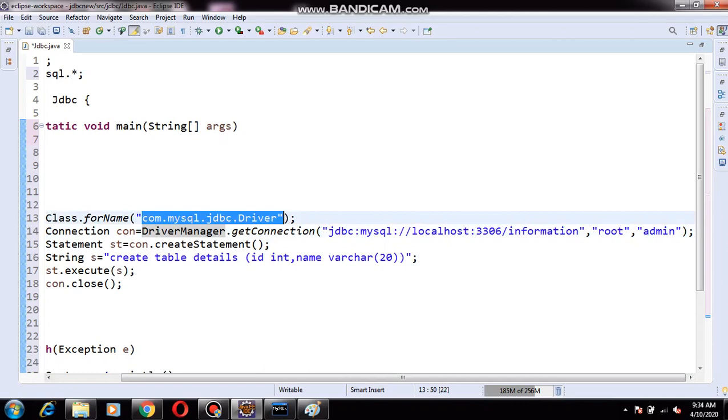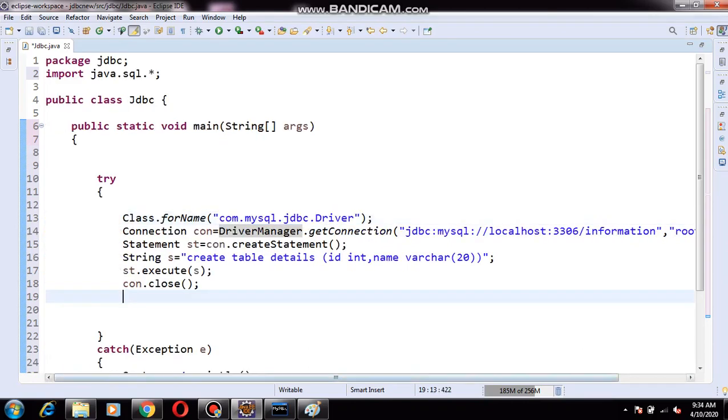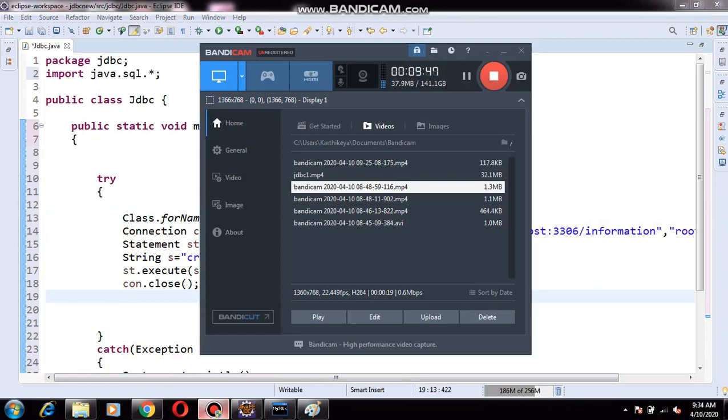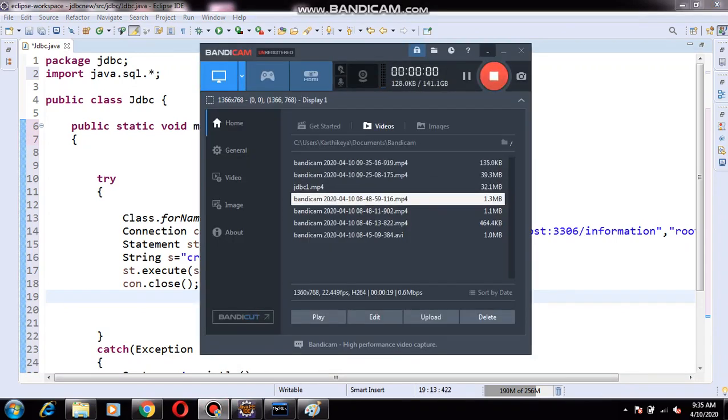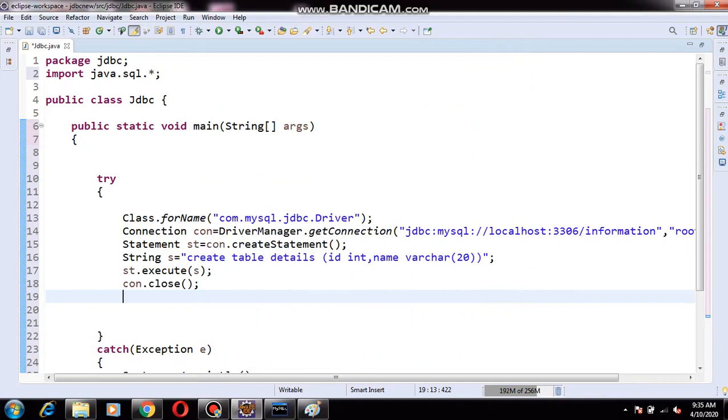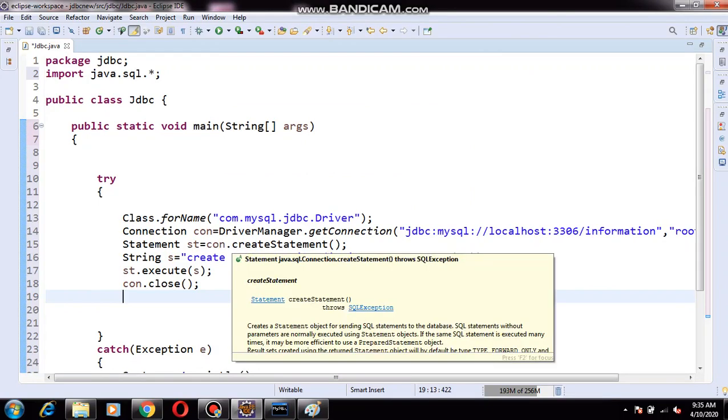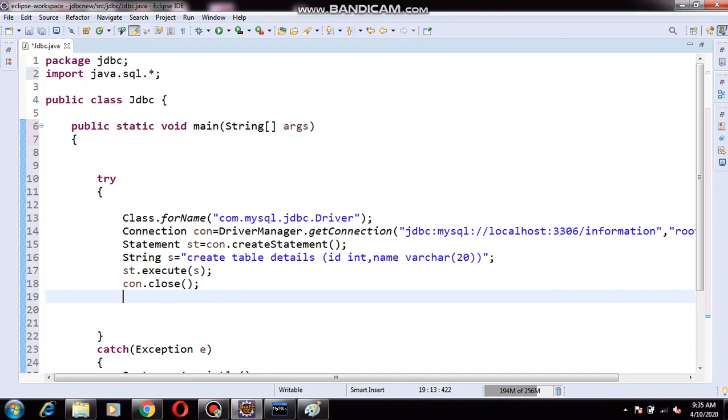If I want to follow all these steps, definitely we require the path of the SQL. I hope everyone is clear with these 5 steps. Each and every step has a relation. First I am creating a statement. If I want to insert into the database, definitely we require the connection. These are all the connections we are going to establish.